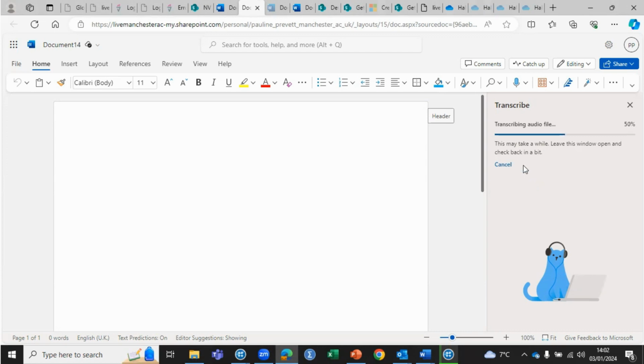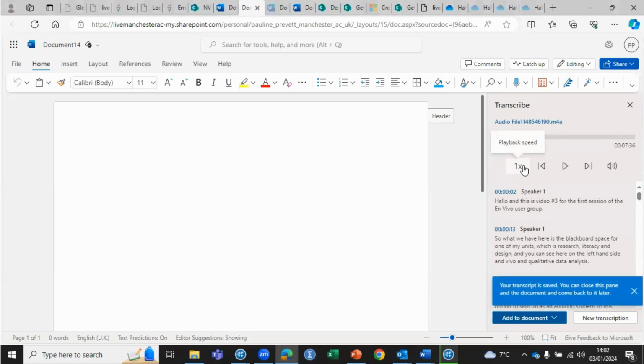Now, while it's uploading, I'll take this opportunity to talk about ethics. Because what we're doing here is having sort of AI support in transcription. And so any process you choose to use to help you transcribe needs to be approved via your ethics application form from the ethics committee. So for instance, some people choose to use Zoom and to use the option in Zoom, and others just by hand.